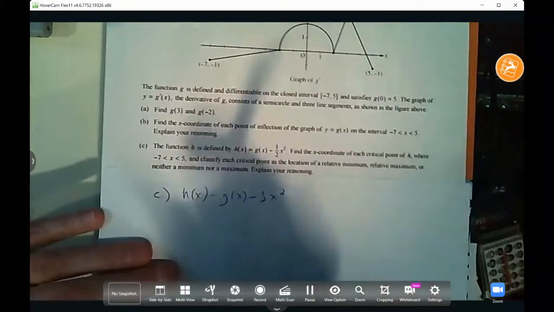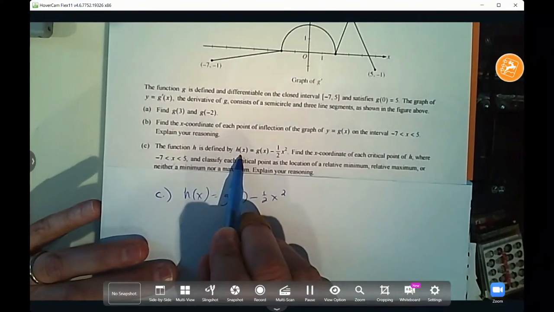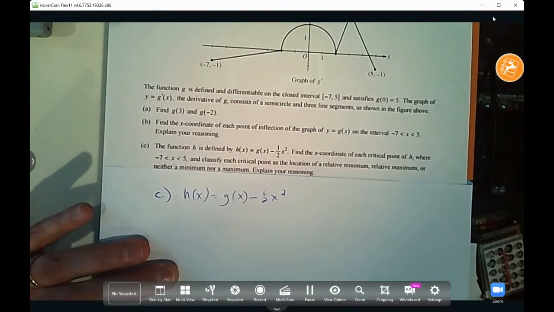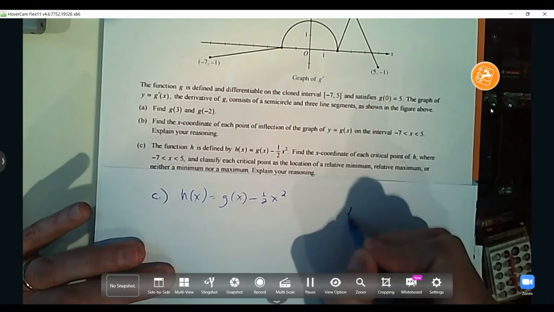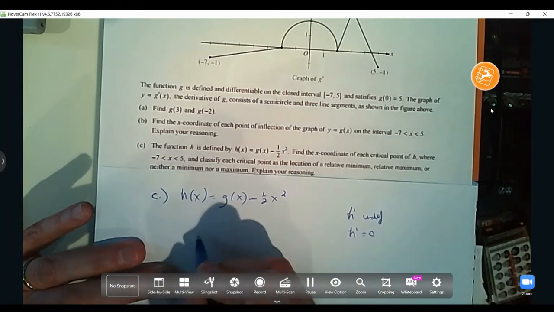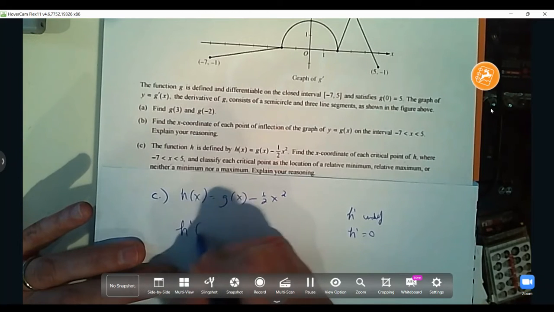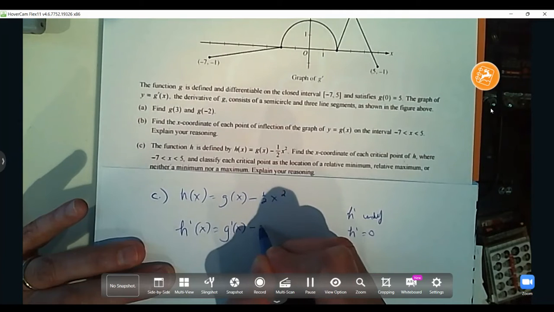So we have in this part a function defined, h of x defined by g of x minus 1/2 x squared. What we want to do is find the critical points. That's where h prime is undefined and where h prime equals 0. So in order to do that, we need h prime. So we're going to find the derivative of the first term and the derivative of the second term, and